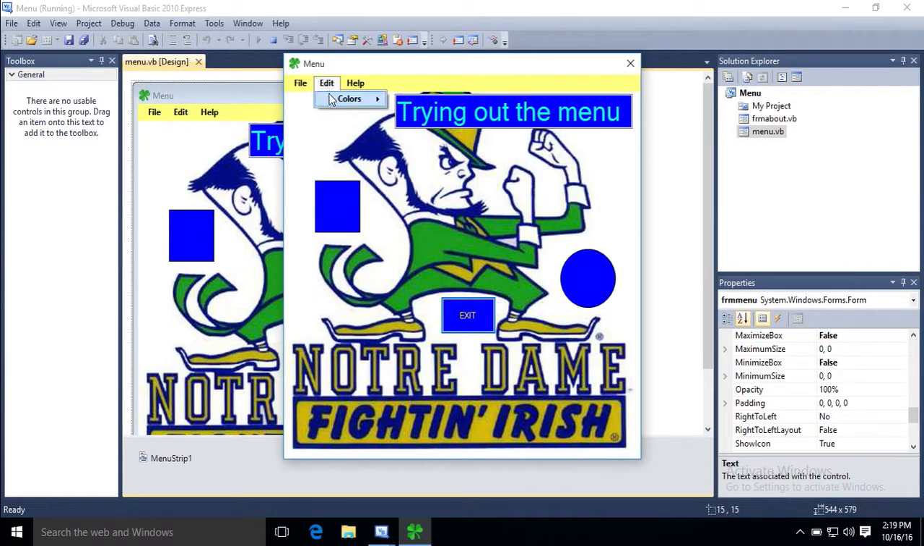Edit, Colors. So here's a menu strip. I have four choices: black, blue, red, green. And notice blue has a check mark because obviously it's blue already by default. I have a text box, a square shape, a circle shape, and my button. They're all blue. So colors, I'll go to black. They all turn to black. And lo and behold, black has a check mark. Blue does not have a check mark. Red,